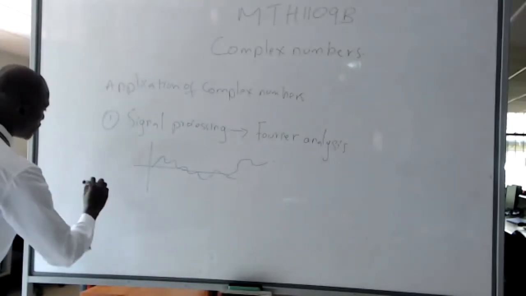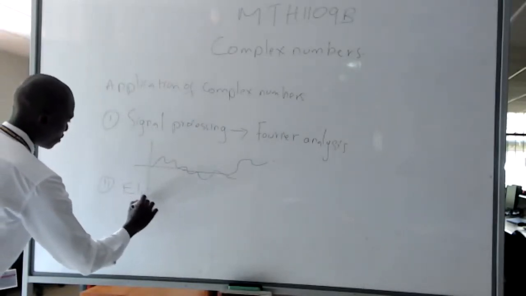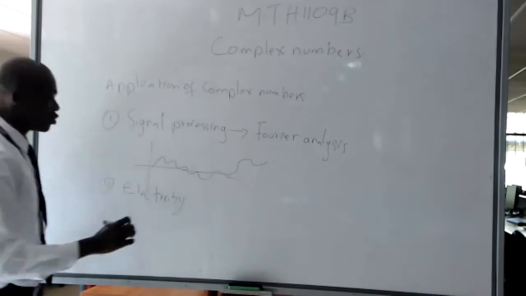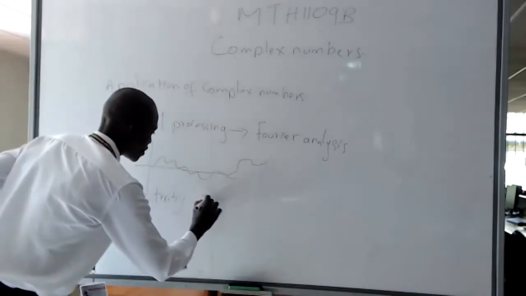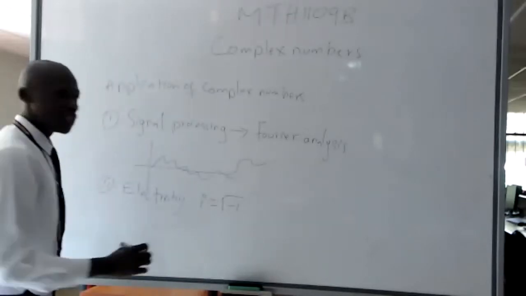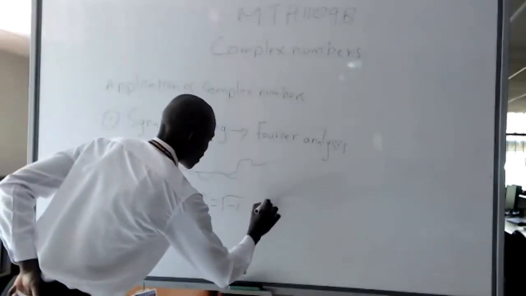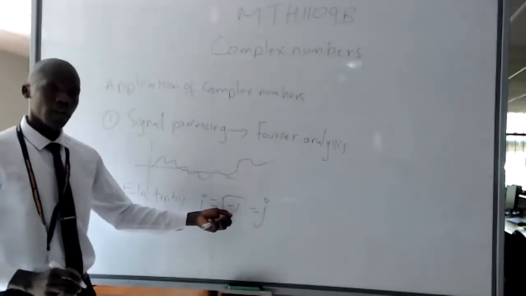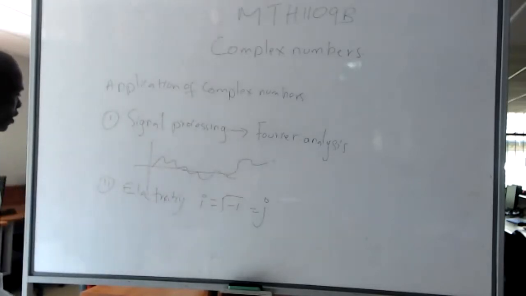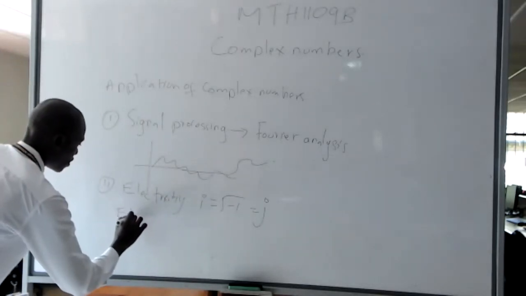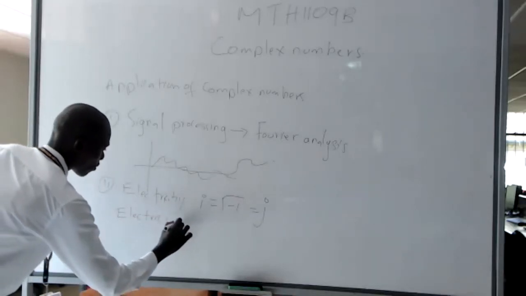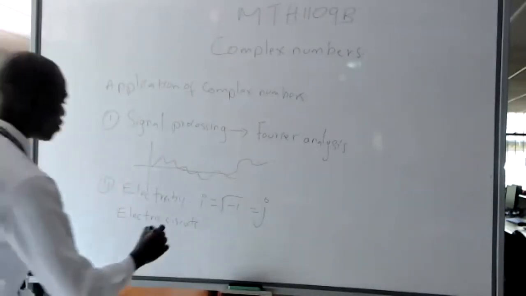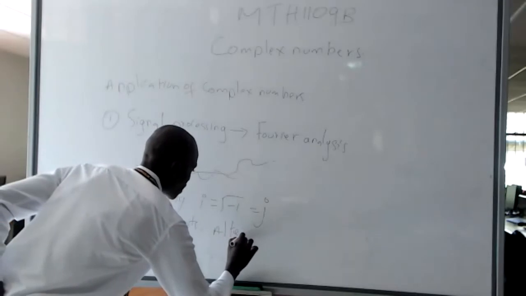Other applications could be in electricity. And by the way, engineers do not use the symbol i. We are saying i is the square root of -1. If you read most engineering texts, you will find that they refer to this as j. So engineering texts use j as the imaginary number, the square root of -1. And in electricity, they use this to understand what happens in electric circuits. If you want to study the impedance or resistance when transmitting alternating current,